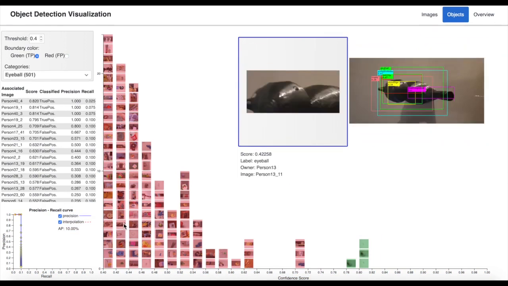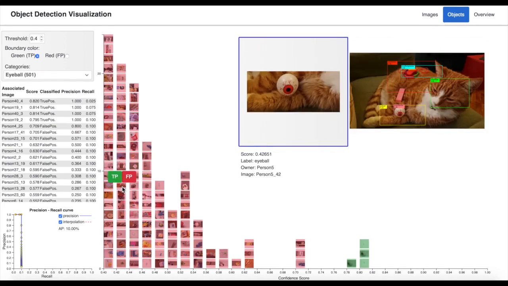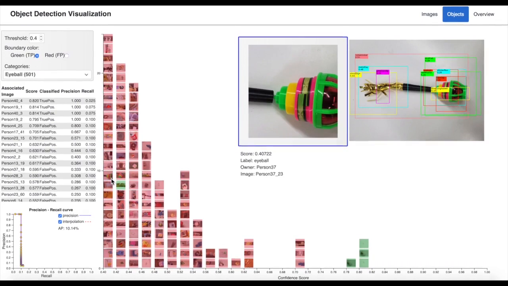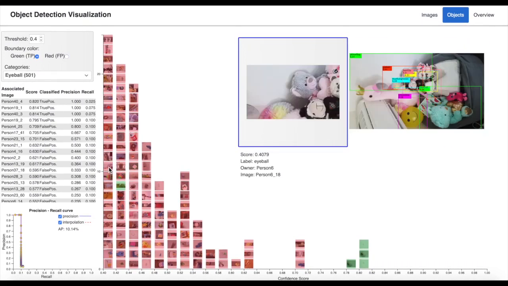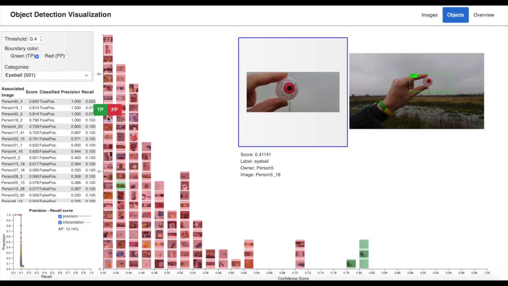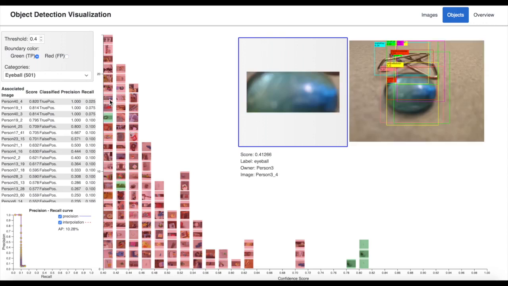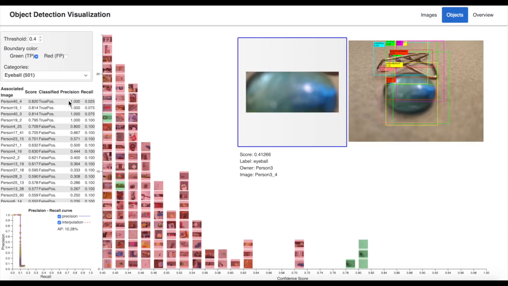After this, we can quickly mouse over each one of these images to determine whether or not the item appears in the image. If so, we can right-click on the object on the image and classify it as a true positive. After each image is classified correctly as a true positive or false positive, the precision and recall is calculated